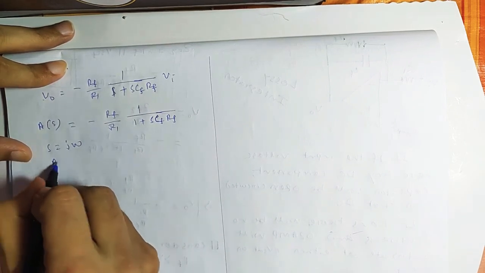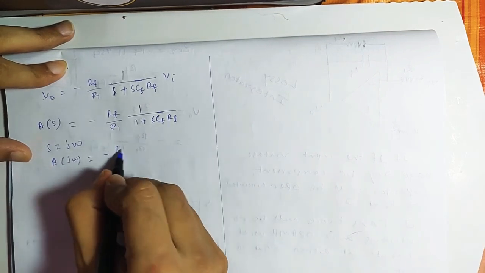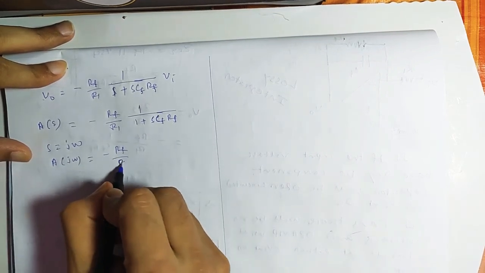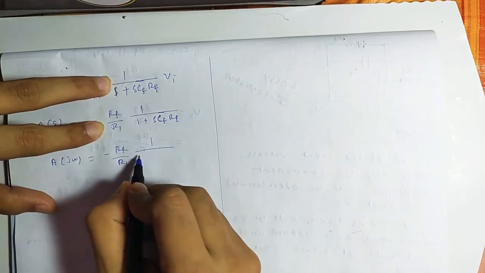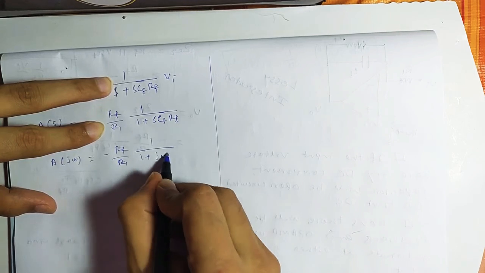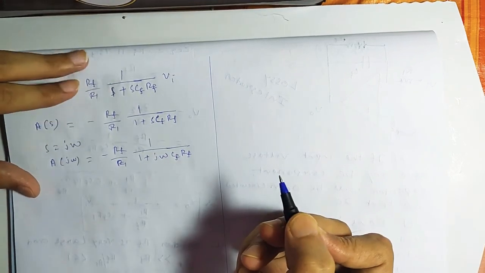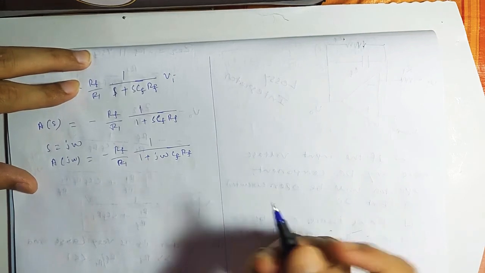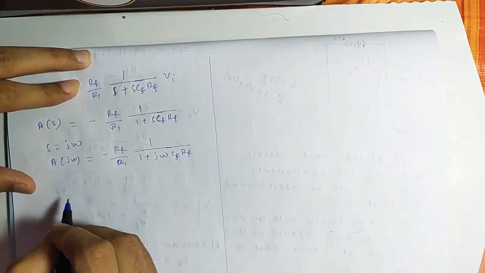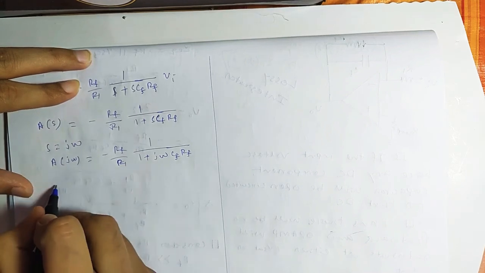So A of j omega equals minus RF by R1 times 1 by 1 plus j omega CF RF. The absolute value of the gain will be